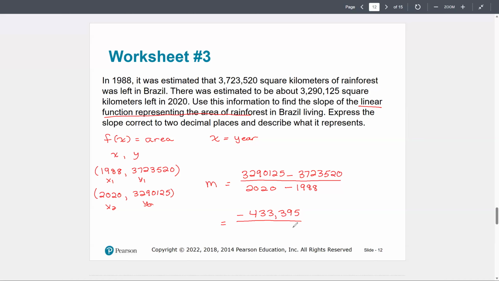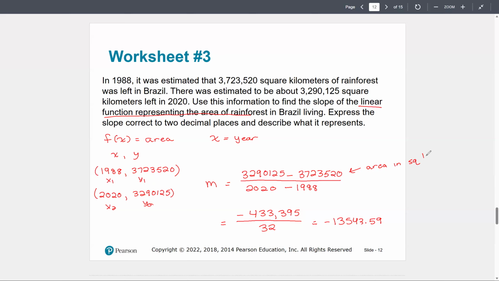over 32 years. So negative 433,395 divided by 32, to 2 decimal places, gives me a negative 13,543.59. Remember, this was representing the area